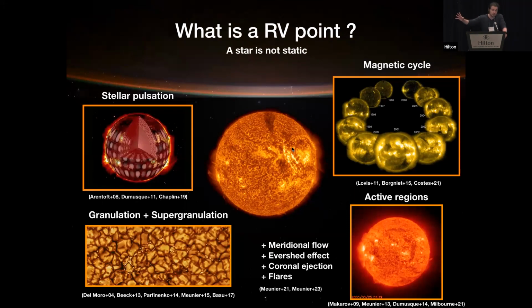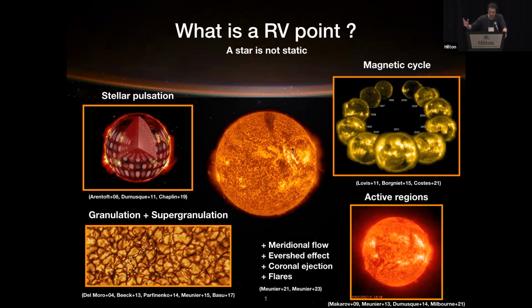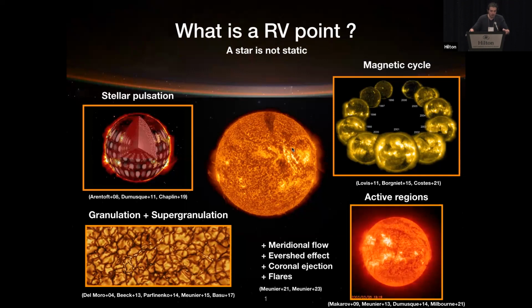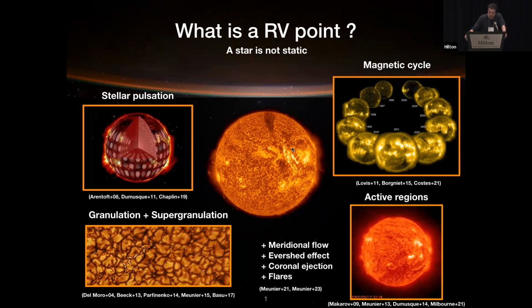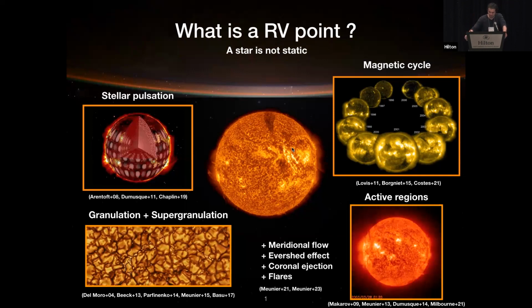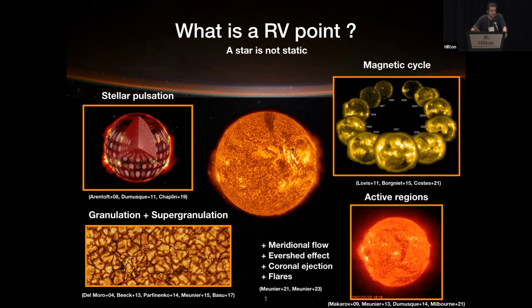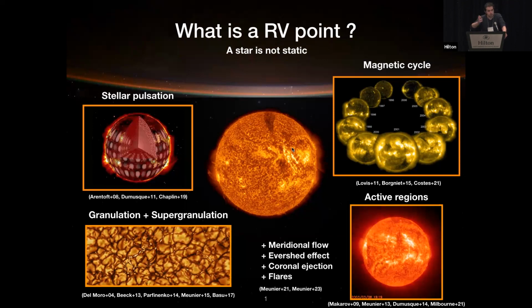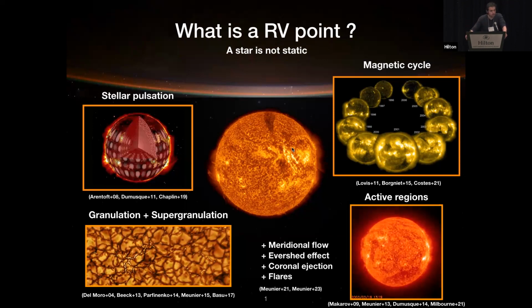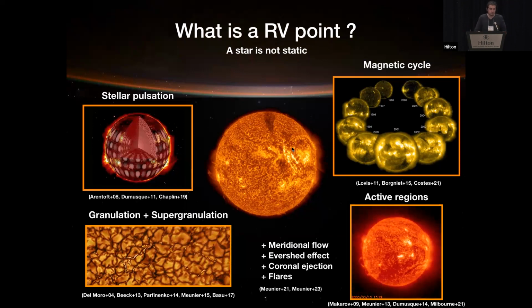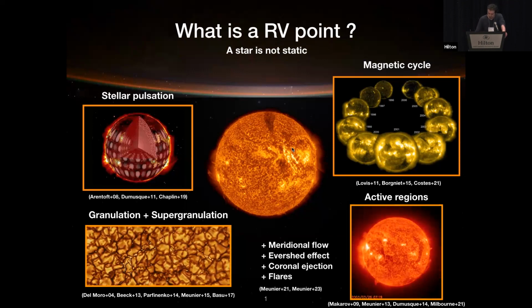You have stellar pulsation, you have granulation, you have active regions because your stars are rotating, they are breaking the balance on your stellar surface, and everything is evolving on a longer time scale. Of course, all of them are also acting on different time scales. We are going from a few seconds towards years, and also with different amplitudes. And one thing that we can play with is, for instance, the time sampling of the observation.